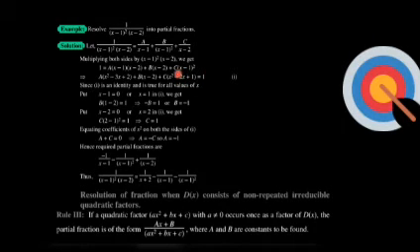In the case of c, in this term, only x minus 2 gets cancelled, so x minus 1 whole square is left. Upon simplification, we get a into x square minus 3x plus 2 plus b into x minus 2 plus c into x square minus 2x plus 1. We open this whole square and multiply these two factors to get a quadratic factor. We call it equation number 1. Equation number 1 is an identity, and it is true for all values of x.